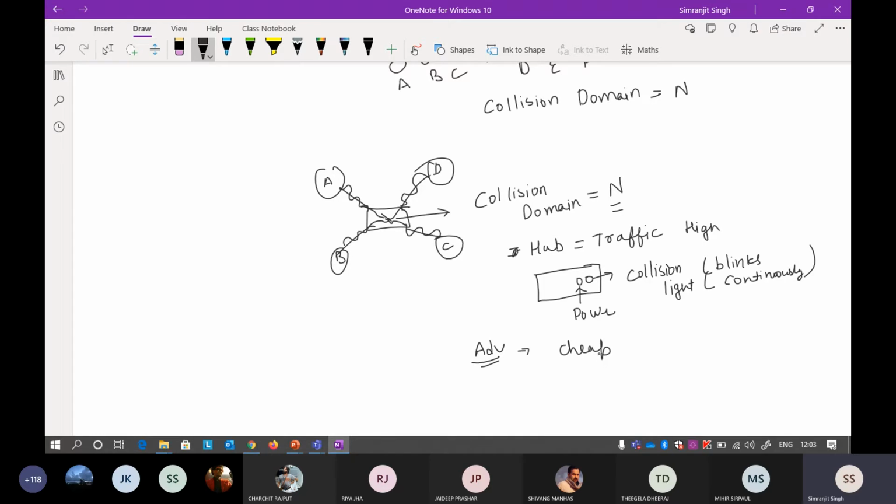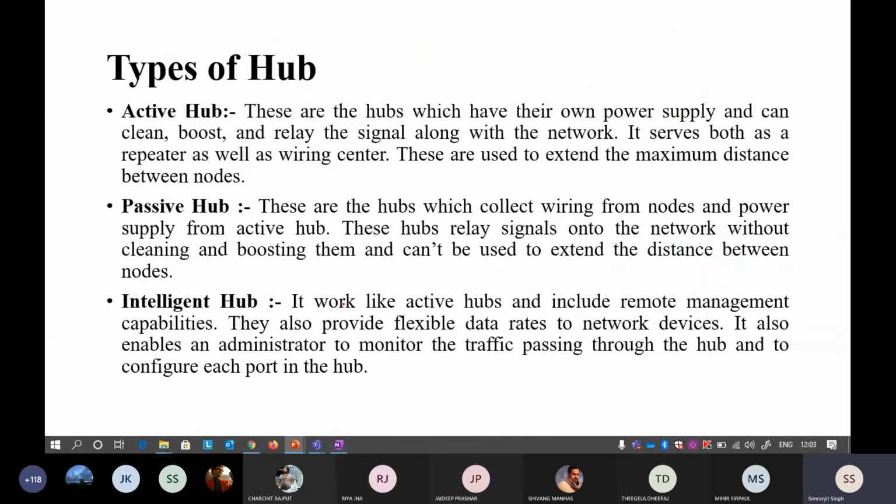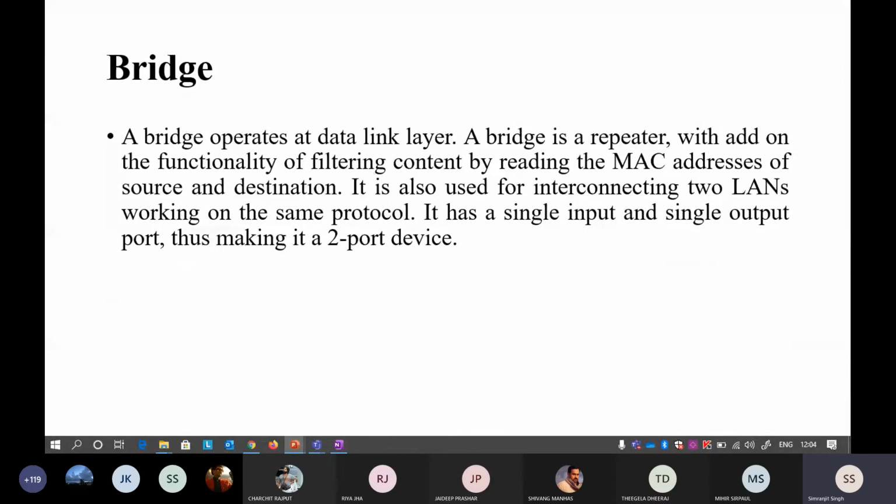Okay, so now the next part is again a bit of an extension. There are also different types of hub, you can read about it. They also tried to change the working of a hub. But actually the passive hub and active hub are again replaced by other things. Okay, so the other thing is your bridge or a switch.